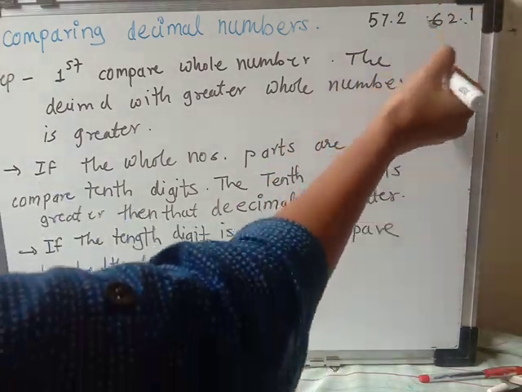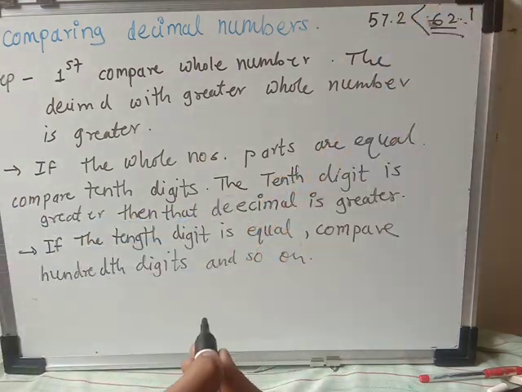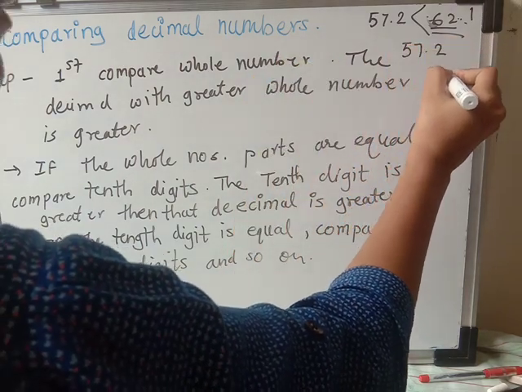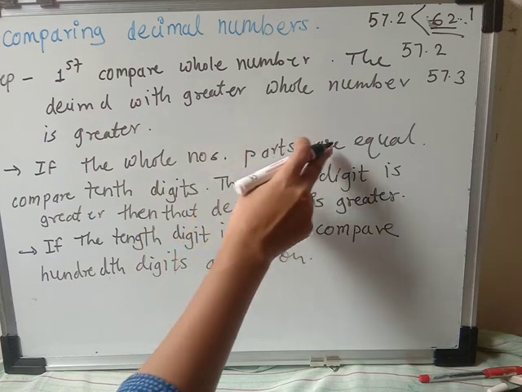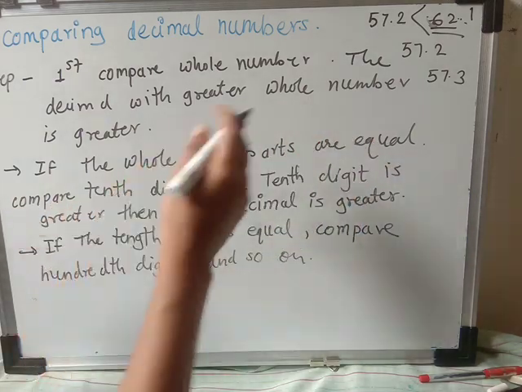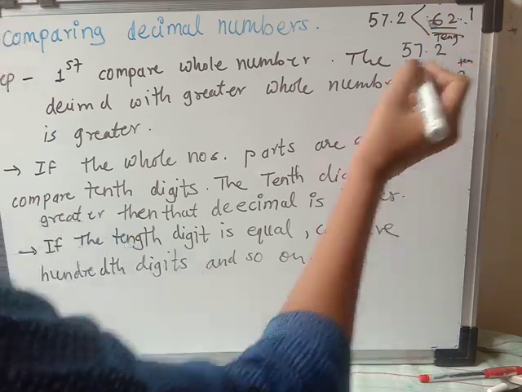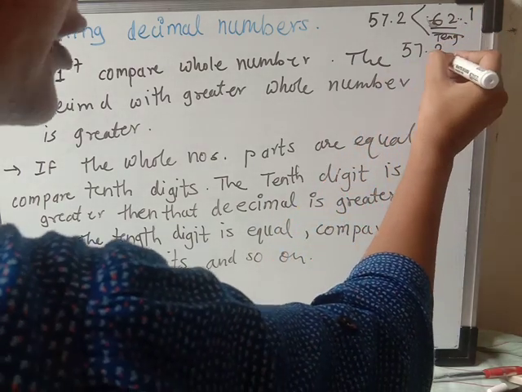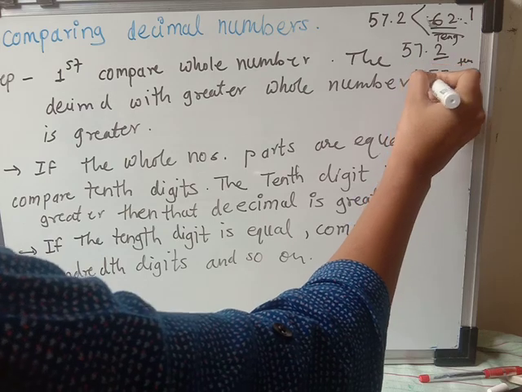Okay, so here automatically we can see that before the decimal this number is greater, means this one is greater. Suppose यहाँ पे 57.2 और 57.3 रहता. Okay, so how to compare these numbers? If the whole number parts are equal, compare the tenths digit. After the decimal the number starts with the tenths digit. The number with the greater tenths digit is greater. So यहाँ पे 2 and 3 is there, which one is bigger? That is 3. It means this number is bigger.